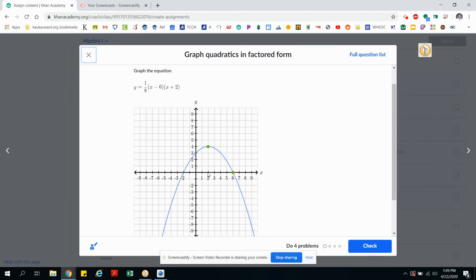So I know that 2 is my axis of symmetry. It's going to split this parabola right in half. Now, I don't know where exactly my vertex is going to be. I know it's going to be on this line of x equals 2, but I don't know if it's going to be at 4, 3, 2, so on. All right. But I do know it's going to be on 2. I can use that information, x equals 2, to find the y value of my vertex. So let's flip back